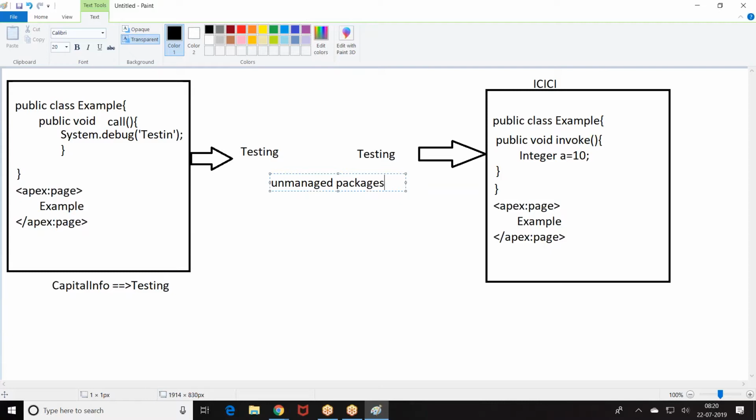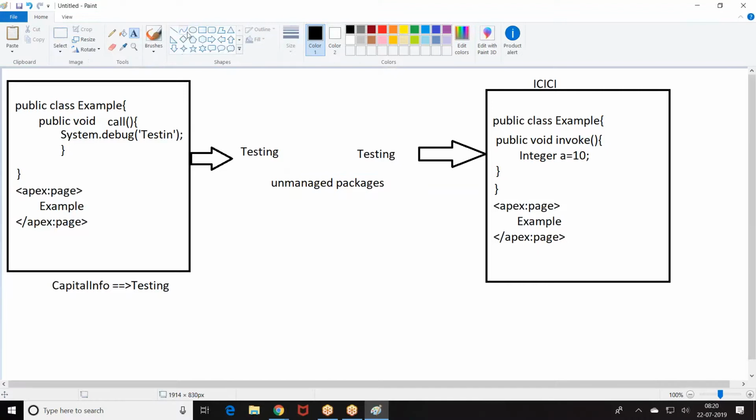The person who installed this, once you install, the source code is also visible to you, and objects are visible to you, fields are visible to you. If you want, you can make the changes. Because you are allowed to make changes on the source code and elements, I don't have any more control on what is available in your organization. Because you can do whatever changes you want. Then, Capital Info Solution developed the same thing as an unmanaged package.